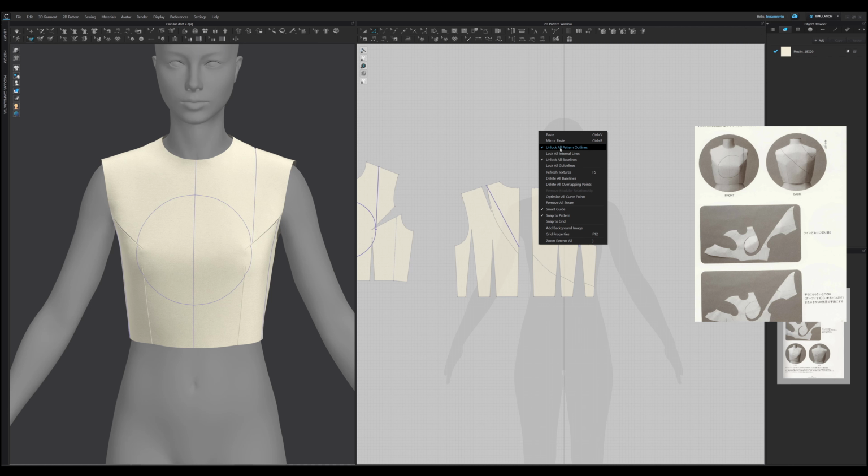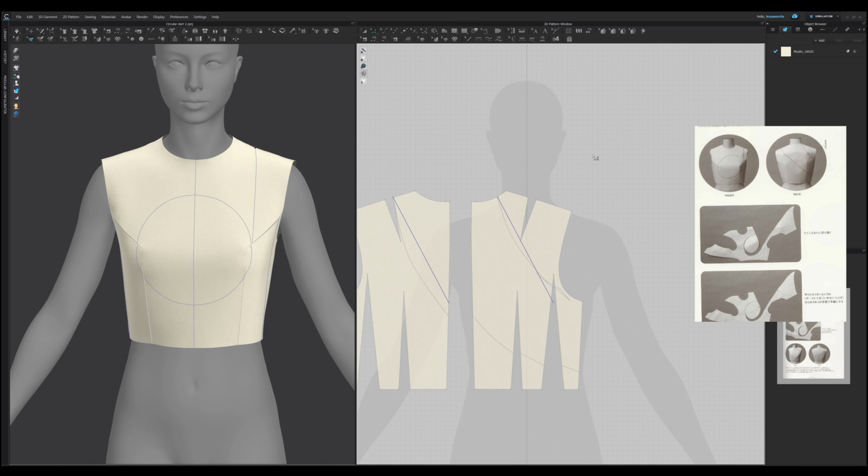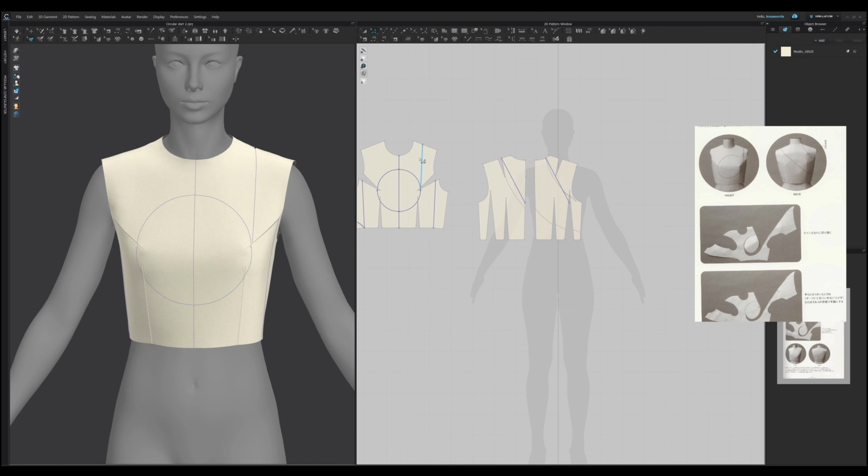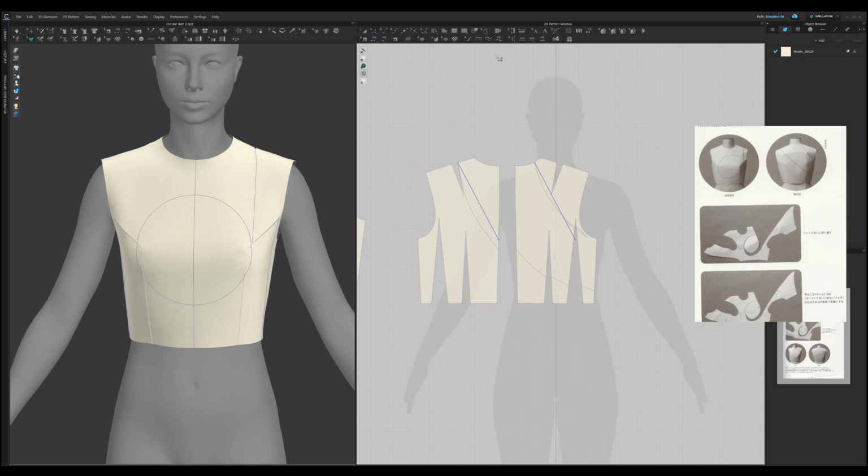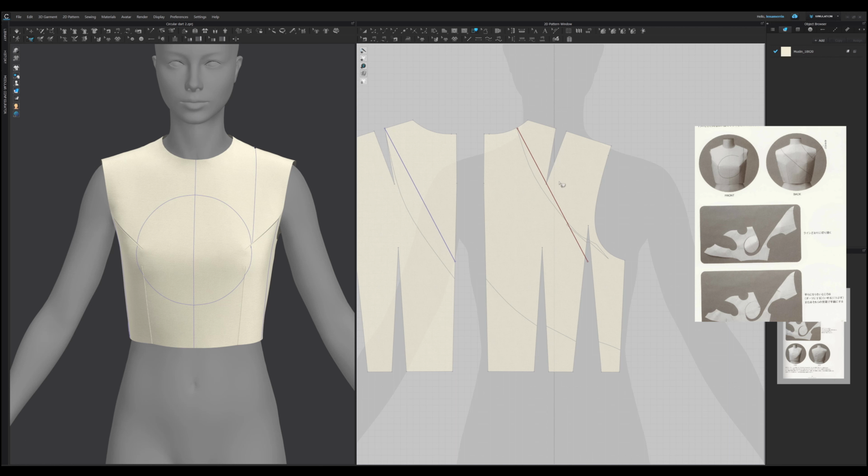So I will unlock all baselines. Here they are. And I will turn them into internal lines with the trace tool. Just select and enter. And now I can use Z, or unlock all pattern outlines, Z to get my edit pattern tool. I want to close this somewhere here so we can